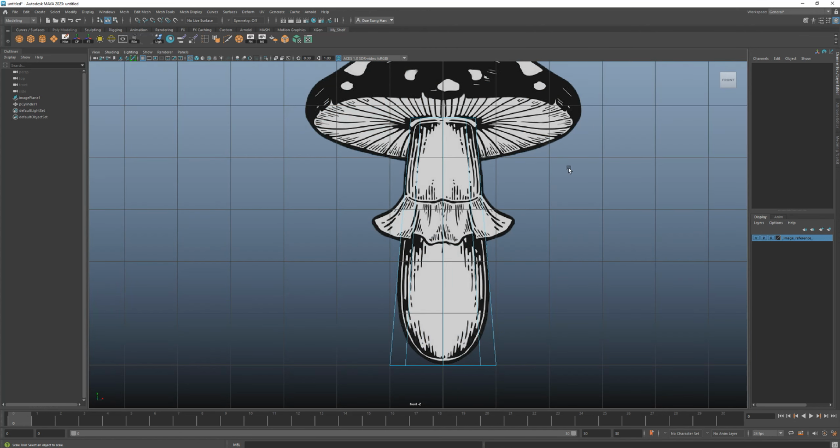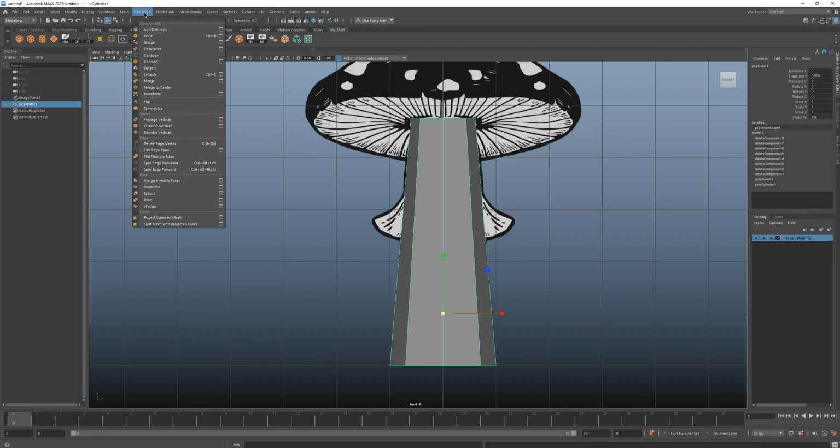So I'm going to reselect my geometry, press 5 for shaded, and make sure I'm in the modeling menu, edit mesh, and